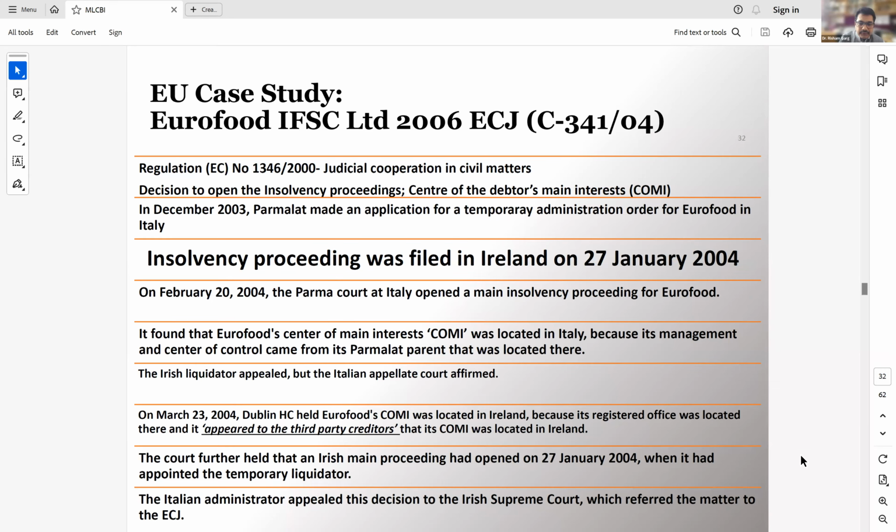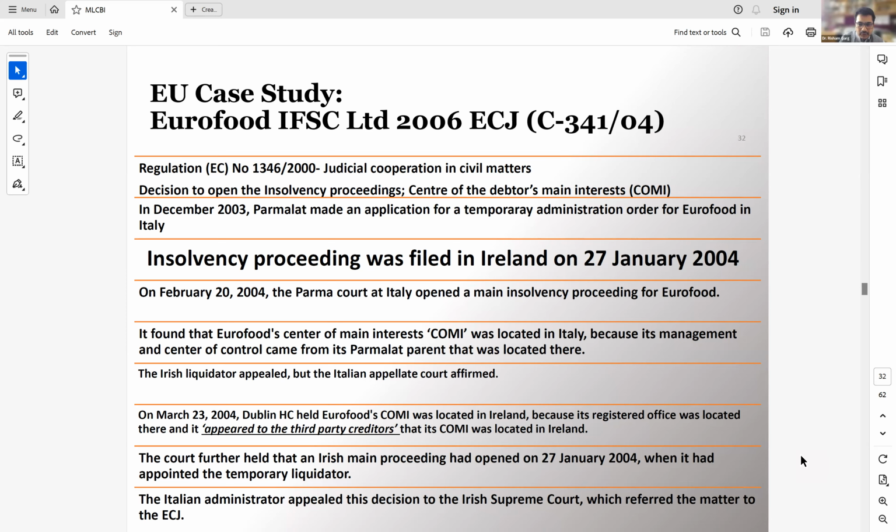So one principle that we have seen is that appeared to the third party creditors. Second aspect, also in the definition of COMI, was the date of commencement of the insolvency proceeding. So the date of commencement of the insolvency proceeding also arises from here,